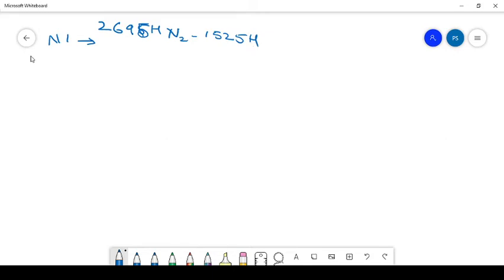So the first number: as we know, our memory stores byte data, so the lower byte is stored first, that is 0000H 95H, and in the next location 0001, the higher byte 26. Similarly for the second number, we get the lower byte 25, next 15. Now the first operation we have done is addition.